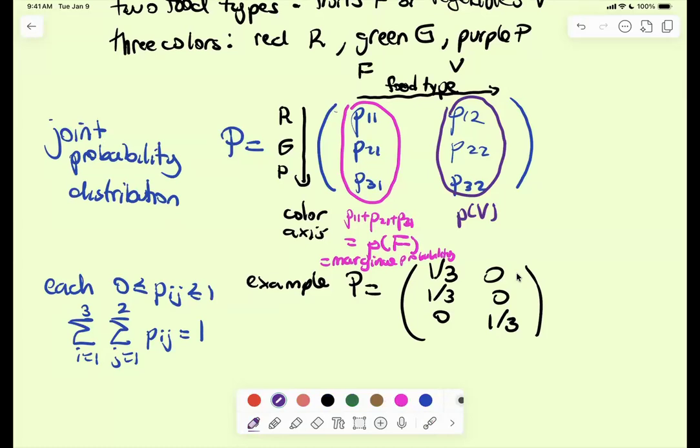But the different diagonals do have interpretations, just not about one of the properties, if by properties you mean color or food type. I want to extract something just about one of those two properties, so the diagonals wouldn't work for that, but they do work for other things. In this case, it would be the probability for a vegetable. And by the same logic, now you are remembering the color, so this is the probability of red, this is the probability of green, and this one would be the probability for purple.